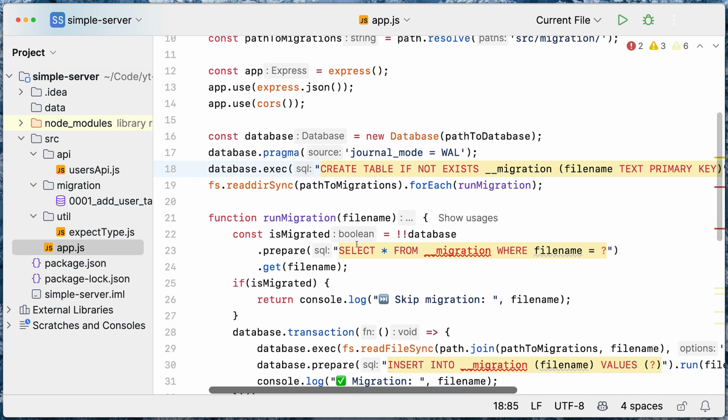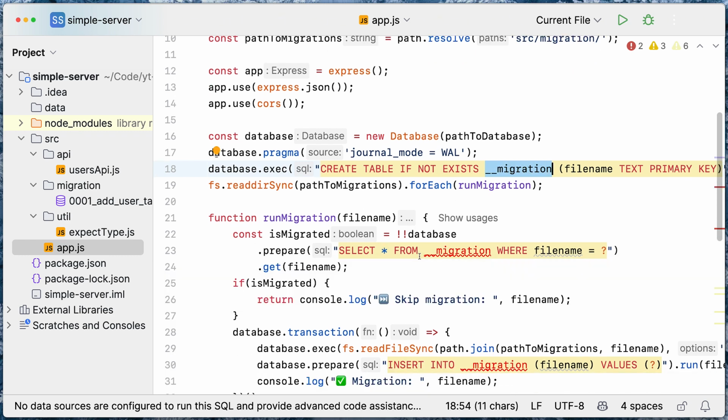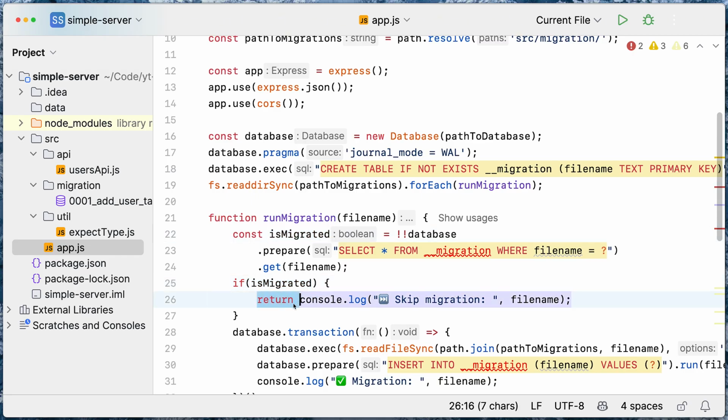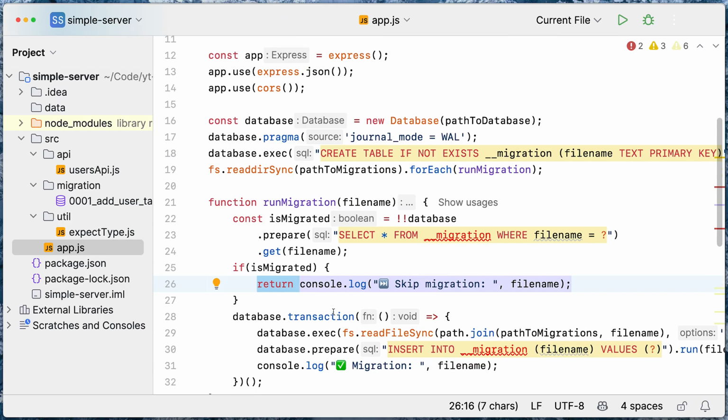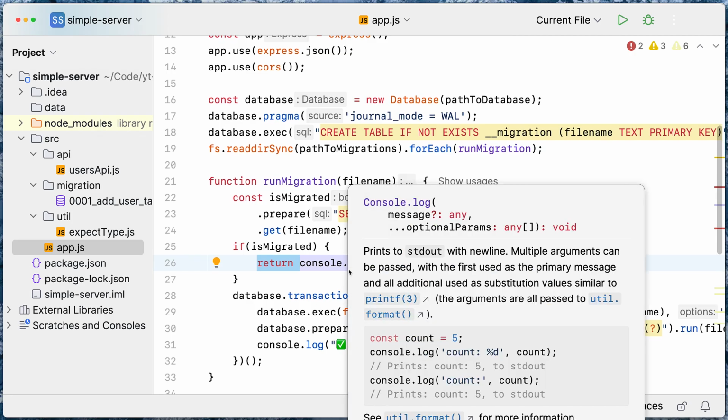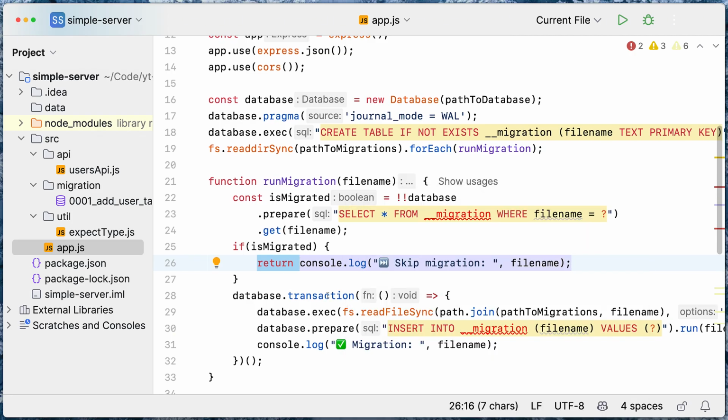Then when we run the migrations, we check if in that migration table there is a record with that file name. If that's the case, so if it's migrated, then we skip. We just return, make an early exit here and put some console log to say, okay, we already have that migration. The user table already exists, for example. If that's not the case, so there is no migration, and that's what it is right now,